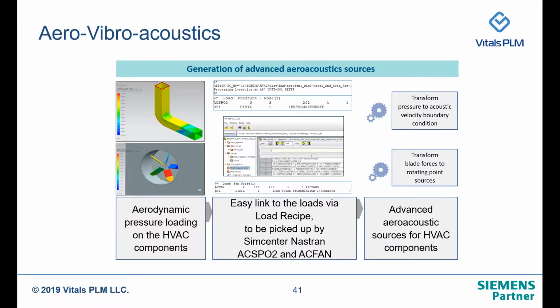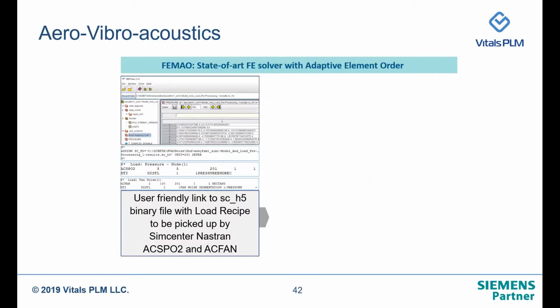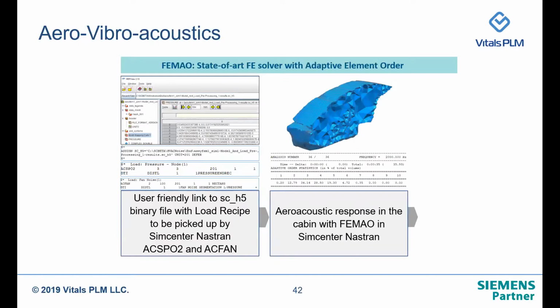And once we have all the necessary boundary conditions and loading conditions, within SimCenter 3D the cabin space can be generated. The cabin space can be meshed by finite elements, and using FEMO, which is the finite element adaptive element order solver,